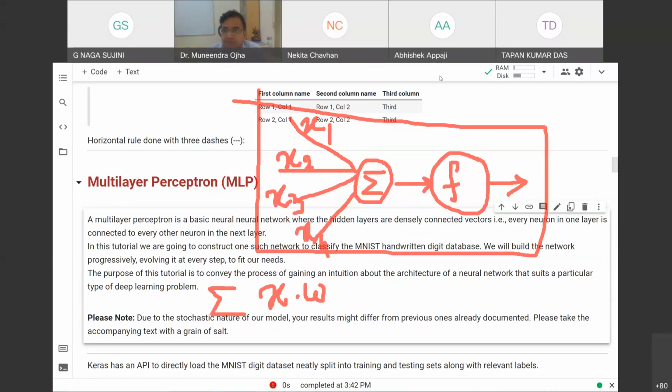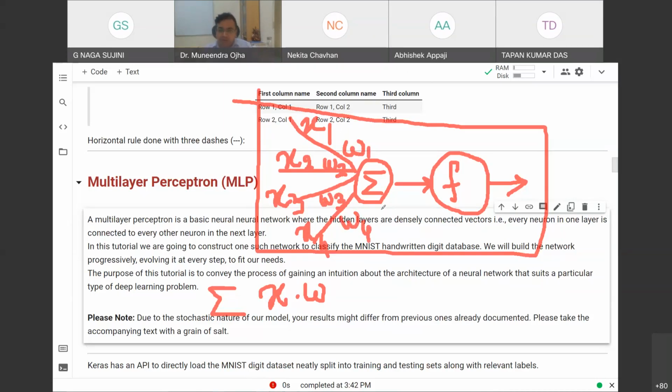So what is happening is that I have got 4 inputs, and along with the 4 inputs, on every edge, I would have a weight value. Okay, so corresponding to x1, I will have a weight value w1. Corresponding to x2, I will have a weight value w2. Corresponding to x3, I will have a weight value w3, and corresponding to x4, I will have a weight value w4.